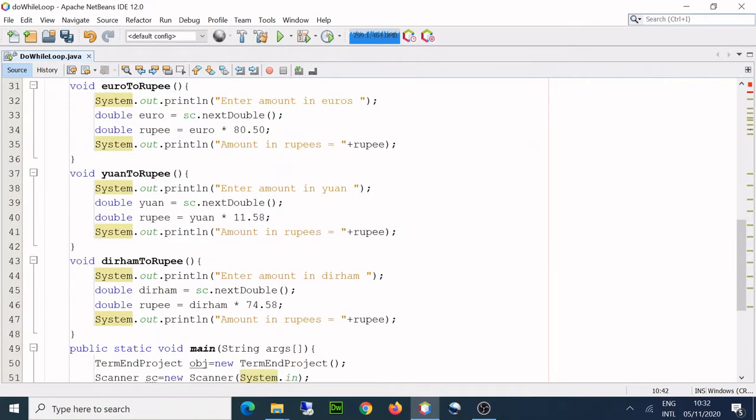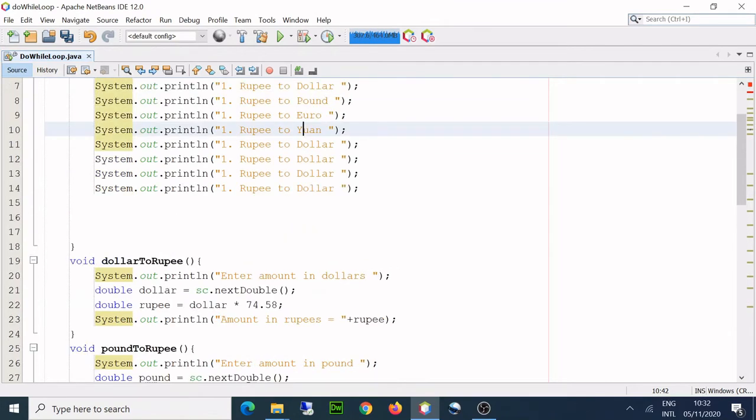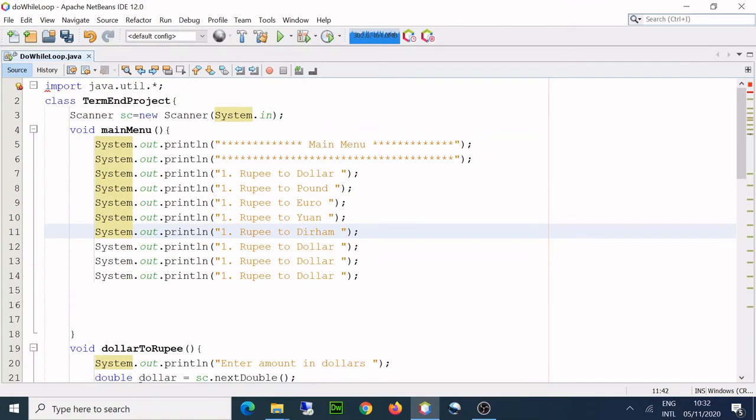After that, dirham. So my choices are done, right? So this is 1, this is 2, 3, 4, 5, and 6 is exit.